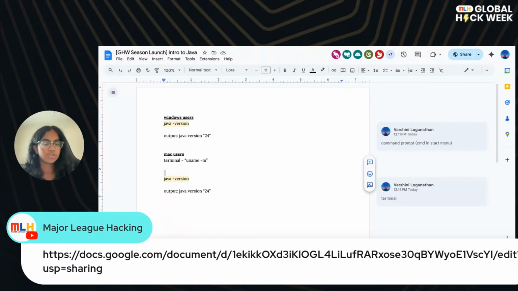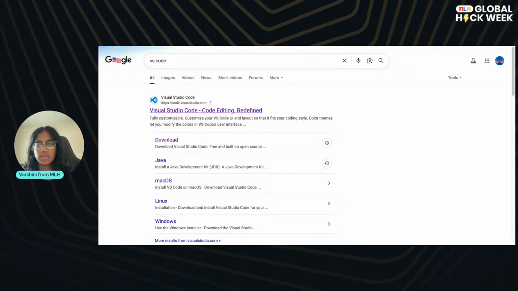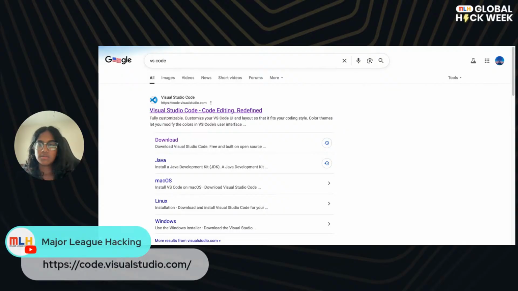But I'm going to scooch on over to VS Code installation, just in case some of you don't have VS Code installed. You definitely can use whatever IDE you want to. I'm just hesitant to suggest other IDEs because I really think that VS Code is one of the best IDEs out there, especially if you're beginning to learn how to code or you're starting to build more complex projects. I really like VS Code, so I'm going to plug VS Code there. But feel free to use any other IDE. So we're just going to go to the VS Code website. That's just going to be code.visualstudio.com.